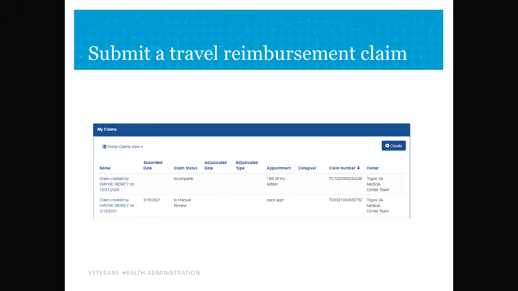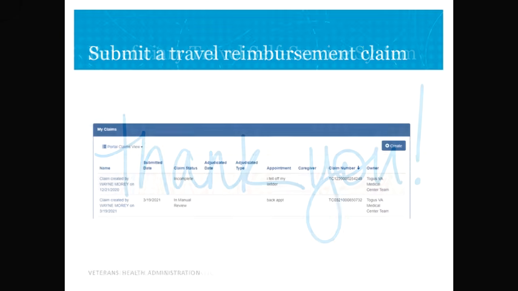Once you have successfully submitted your claim for payment, you'll be redirected back to My Dashboard. The claim you just created should be there with the date you submitted it. The claim will be in manual review until the beneficiary travel clerk reviews the claim for accuracy. Then it will go into a submitted for payment status. Once the Financial Service Center pays, the claim will go into claim paid status. You should receive your payment within 3 to 5 business days.